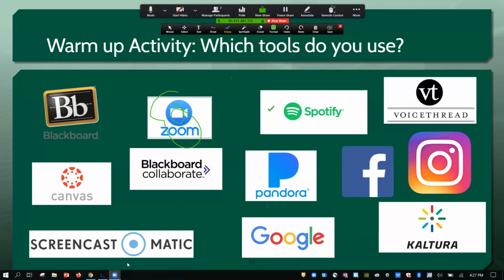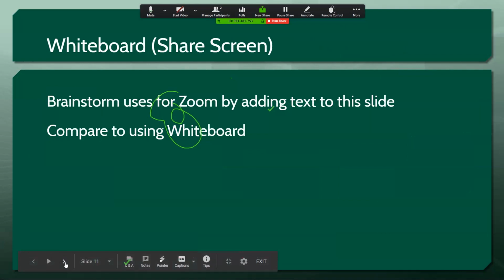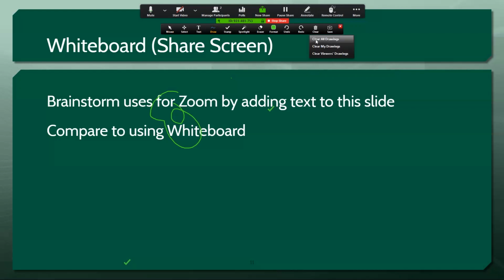And so, let me get out of the annotations. There we go. And we can see that because I didn't clear my annotations, I have to now. There we go. Okay, so the whiteboard, as I was just talking about, share screen, has really such a wide